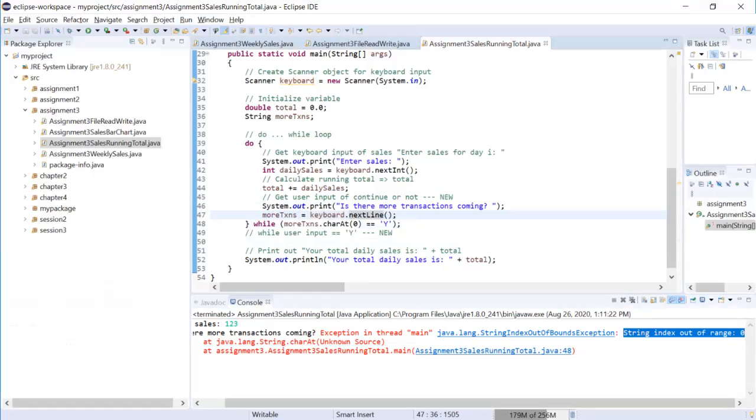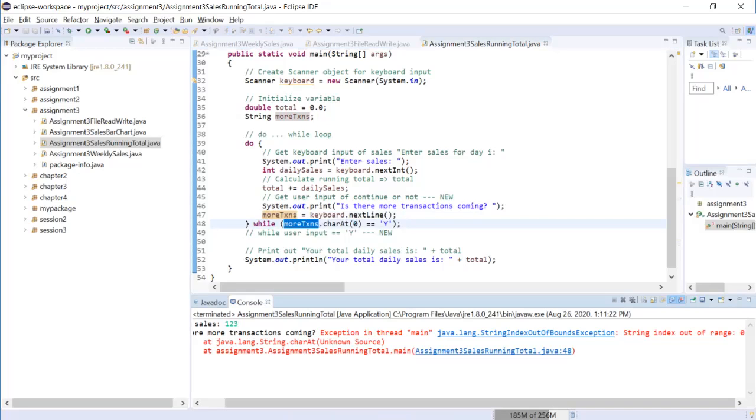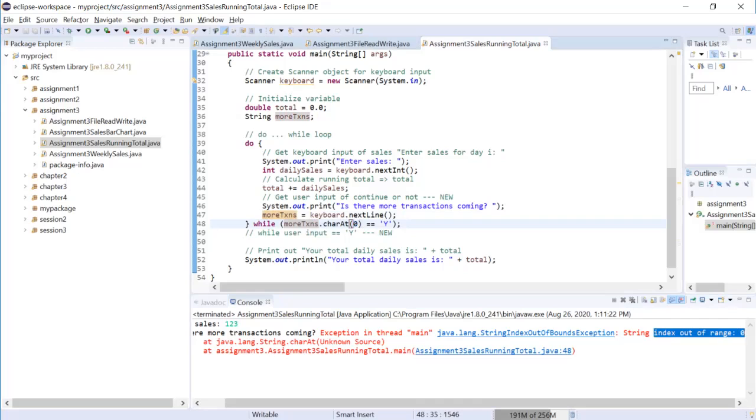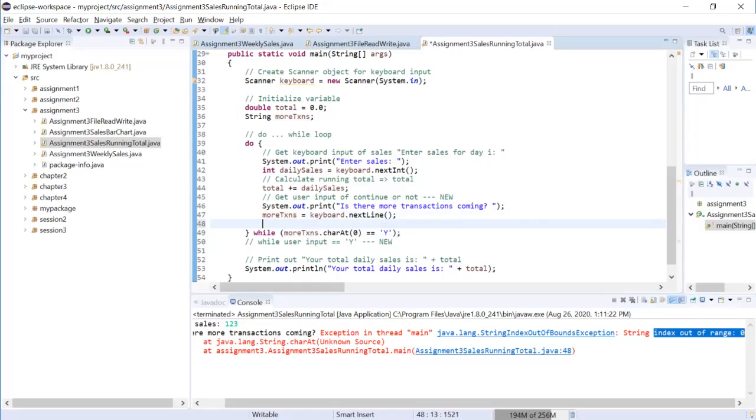So that means more transactions char at more transaction, its length is actually less than 0. What does that mean? String index out of range means char at is not valid. Char at 0 is not valid, it means there's nothing in the string. So if you print out string at this time,